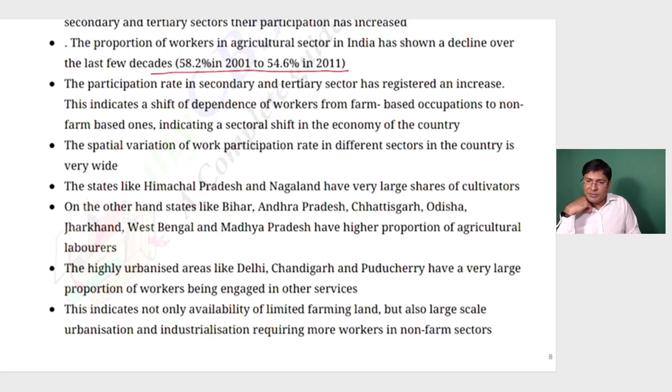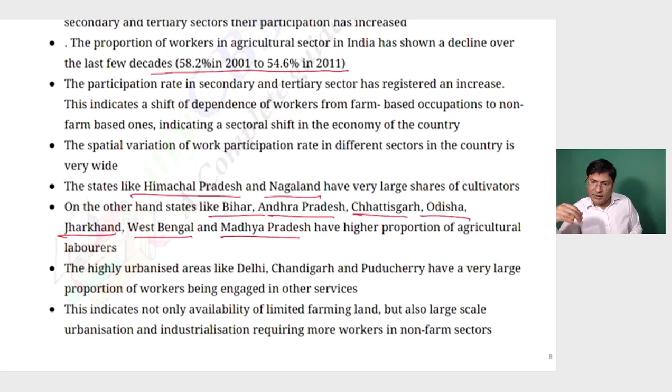द स्टेट्स लाइक हिमाचल प्रदेश, नागालैंड हैव वेरी लार्ज शेयर्स ऑफ द कल्टीवेटर्स। अगर हम हिल स्टेट्स की बात करते हैं तो जस्ट लाइक हिमाचल प्रदेश एंड नागालैंड, इन दीज स्टेट्स द लार्ज पॉपुलेशन इज एंगेज्ड इन द कल्टीवेशन। On the other hand, states like Bihar, Andhra Pradesh, Chhattisgarh, Odisha, Jharkhand, West Bengal, Madhya Pradesh have higher proportion of the agricultural laborers. इनमें एग्रीकल्चरल लेबरर्स ज्यादा हैं। नागालैंड और हिमाचल प्रदेश में पीपल आर कल्टीवेटर्स, खुद भी खेती करने वाले। इसी के कंपेरिजन में बिहार, आंध्र प्रदेश, छत्तीसगढ़, उड़ीसा, झारखंड, वेस्ट बंगाल, मध्य प्रदेश में ज्यादा एग्रीकल्चरल लेबरर्स हैं।